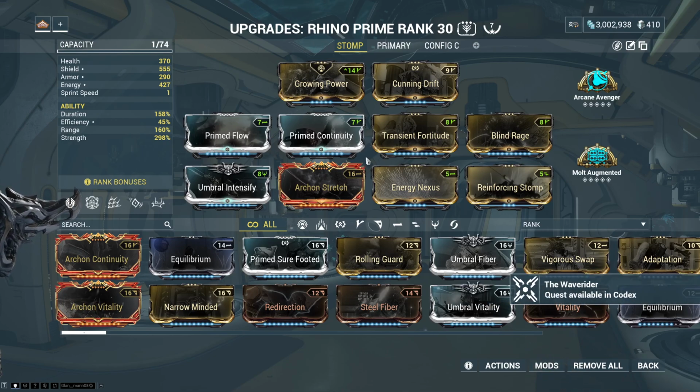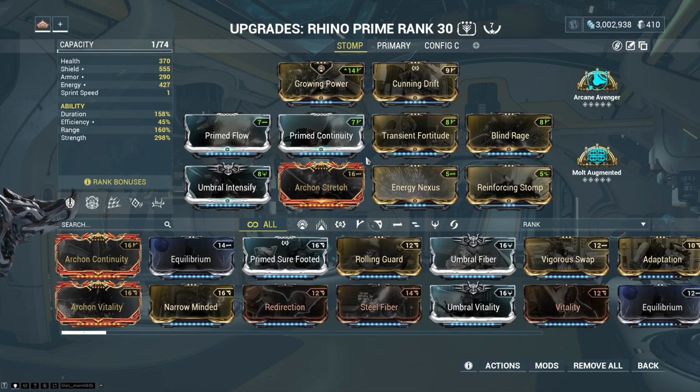The arcanes I chose to run were Arcane Avenger and Molt Augmented. Arcane Avenger provides an occasional 45% crit chance buff for all weapons upon being hit. This applies even when Iron Skin is active, making it a no-brainer for crit-based weapons. Molt Augmented further increases ability strength, though I would argue that it should be swapped out for a weapon-specific arcane. You will have diminishing returns on ability strength, so I'd suggest trying out Arcane Precision or Arcane Rage, depending on